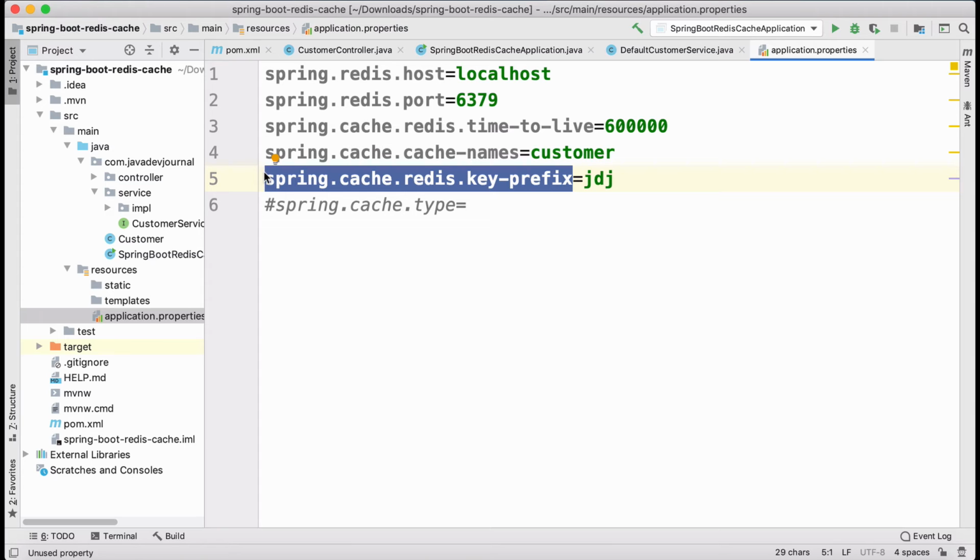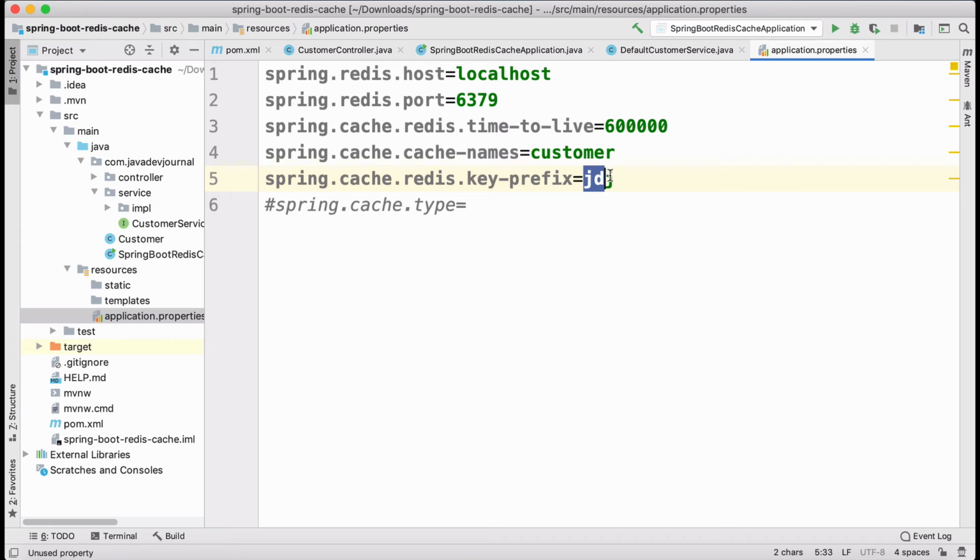And you don't want to mix up the things. When you are running some queries against the Redis server to see how well the caching is working, you have a way to identify and query the data. So the way it works is, it will add this as a prefix to every cache that is being stored for these apps. So ultimately it will be stored something like JDJ, and then customer, the name of the kind of cache, customer or order or something like that, in the Redis server. Don't worry, I'm going to give you an overview of Redis.